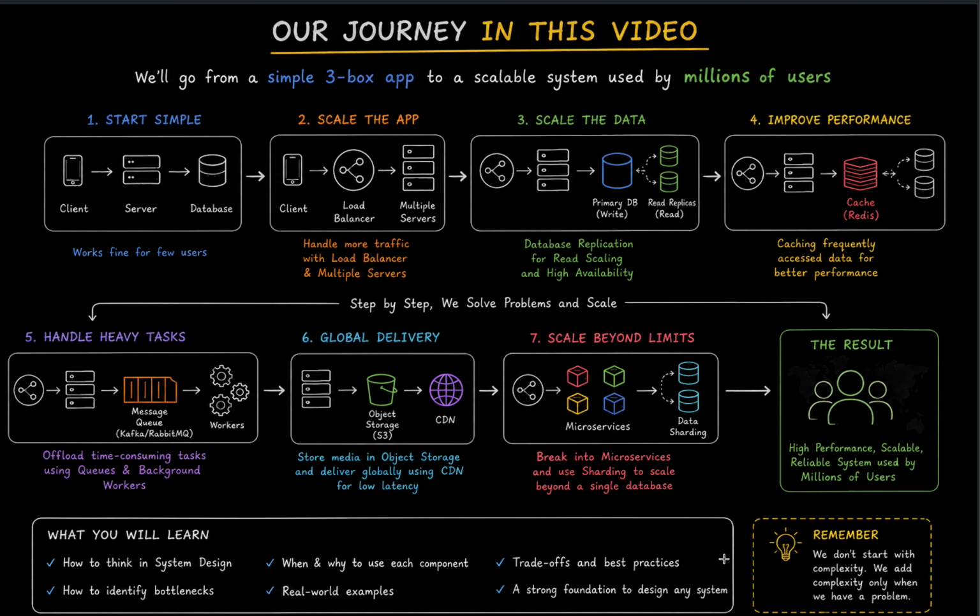We are not going to just draw system design diagrams, we are going to understand why those system designs are that way, and whenever possible we will actually build them. In the next video we are going to take one of the most common system design problems, maybe a URL shortener. We will start with that implementation, and then we will scale it potentially to billions of requests.